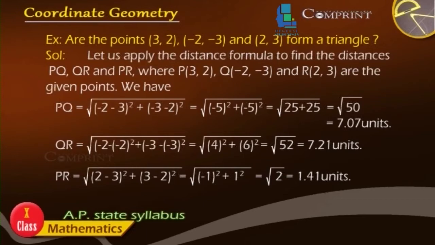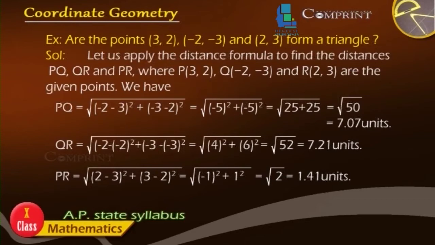We have PQ is equal to the square root of (minus 2 minus 3) whole square plus (minus 3 minus 2) whole square, which is equal to the square root of (minus 5) whole square plus (minus 5) whole square, which is equal to the square root of 25 plus 25, which is equal to the square root of 50, which is equal to